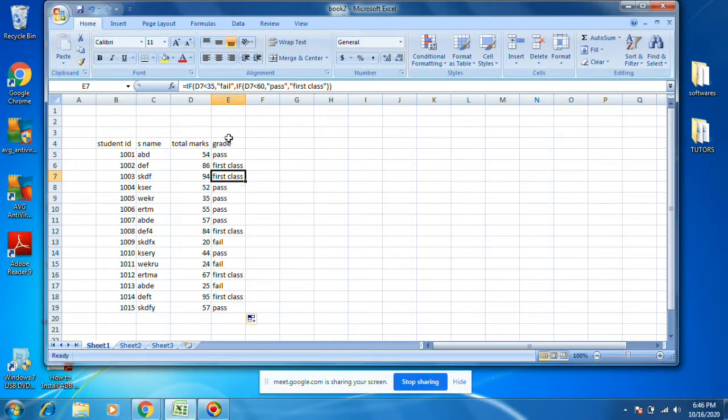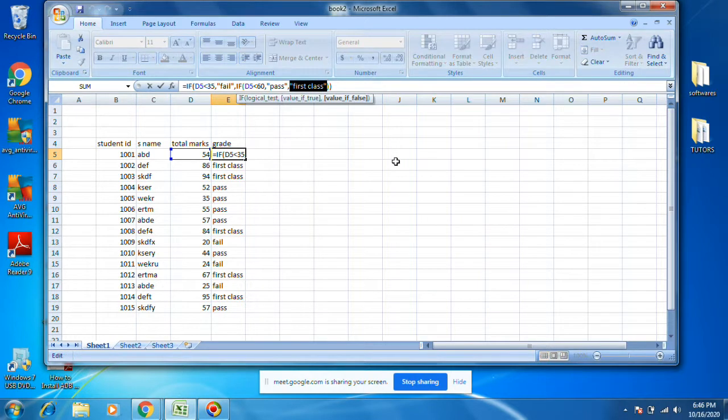Next thing is, if the total marks percentage greater than 90%, I want to give distinction. Less than 60 is pass, that is fine. Then I want to put a similar kind of IF statement here in this else section. Again I am putting another IF statement.